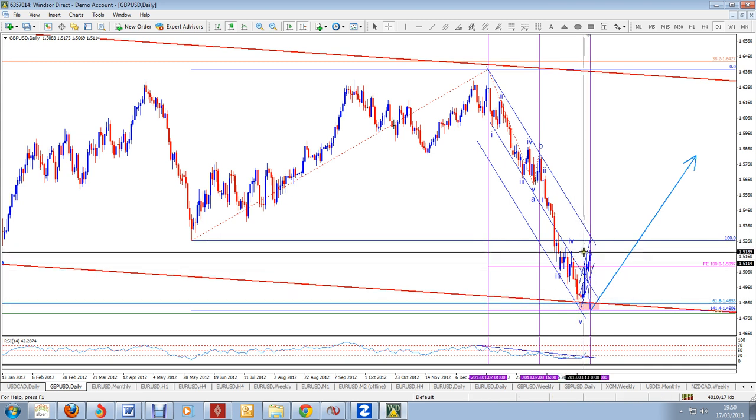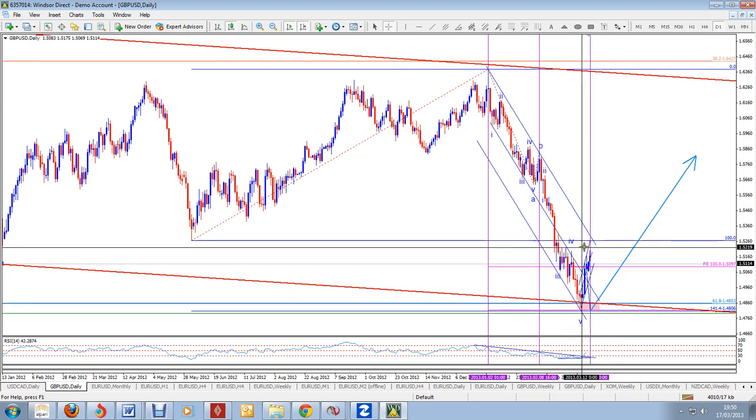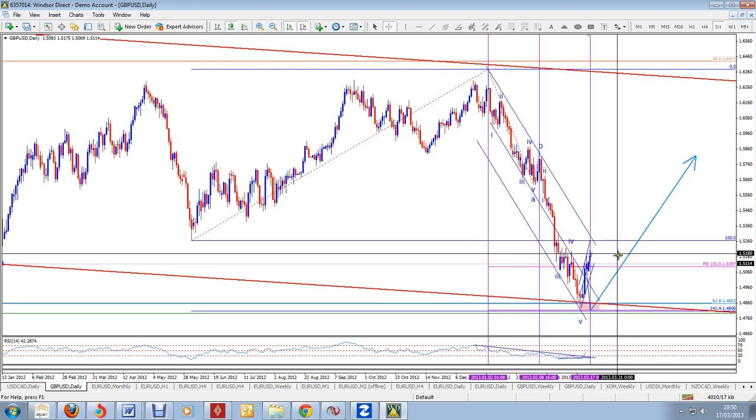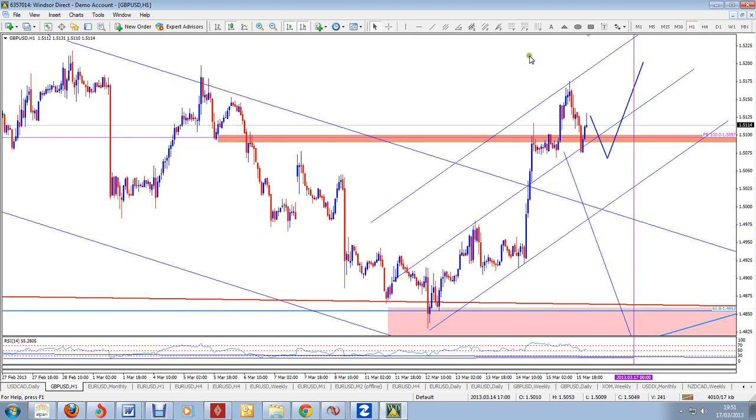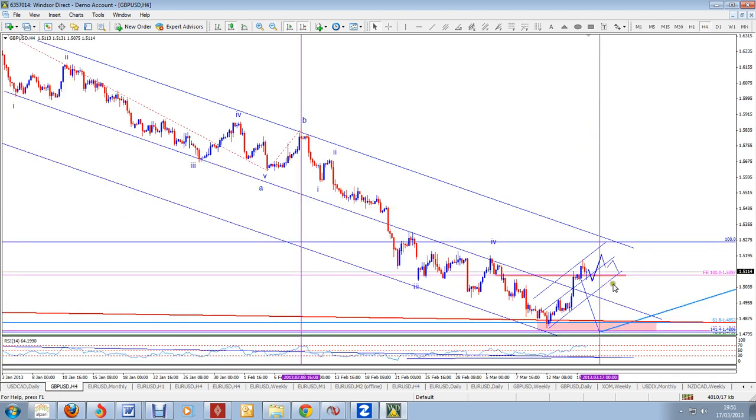But we've had a 5-wave move from the bottom, which appears quite impulsive, quite strong. So if you get an ABC decline on that one, in other words, after this 5-wave up, if we get A, B and C retracement, then I think that we're in a strong position for this pound to really make a run. Personally, I think this could be wave 1, wave 2, and then we should be going for a wave 3. So we won't preempt, but I think potentially pound may well have bottomed.